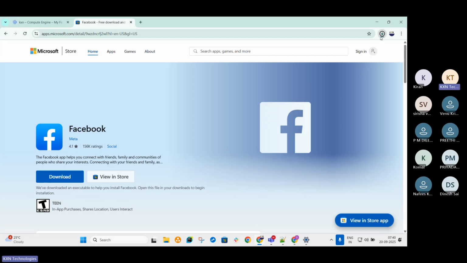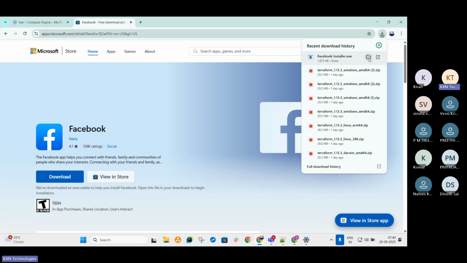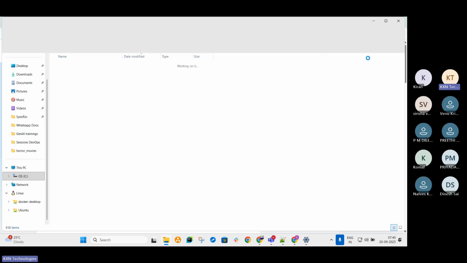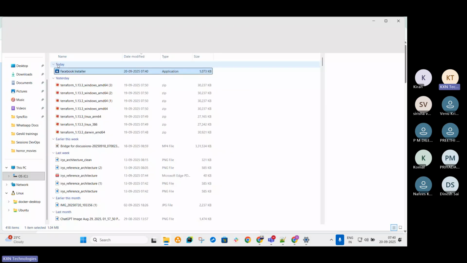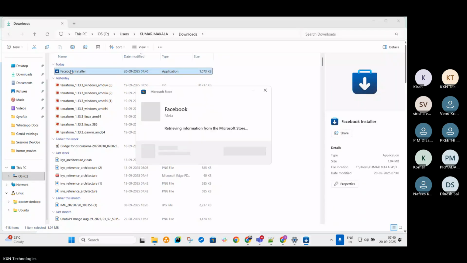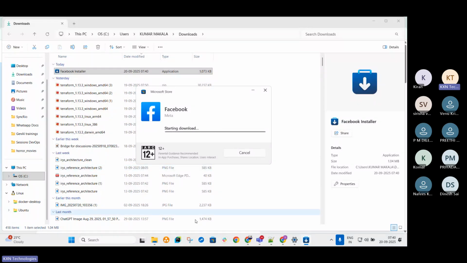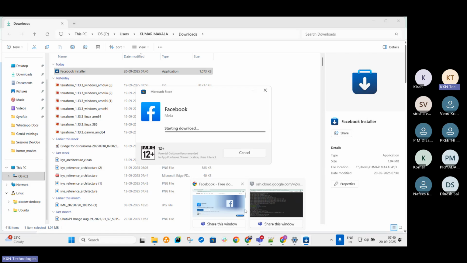You can see there's a download option. If we go back here, I'm going to install this Facebook. I'm trying to install some application on my Windows machine, my Windows computer. Now it is getting downloaded, it is starting to download and it will get installed. Same thing, now if you want to do with Linux,